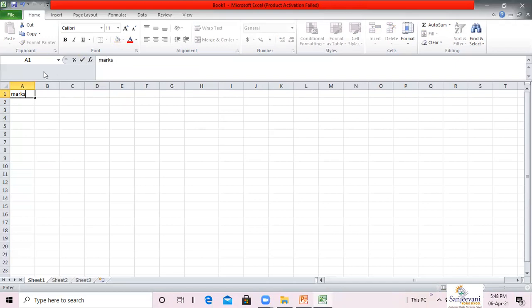If you want to accept it, you press Enter from your keyboard or Enter on the formula bar, or press Escape from your keyboard or Cancel from the formula bar. Okay, like this. Navigating a worksheet. The following table lists key combinations. Now I'm going to tell you some of the key combinations which are going to help you to navigate in the worksheet.